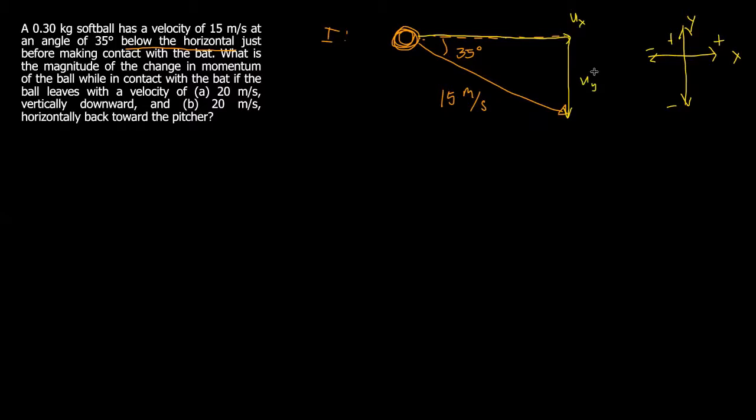How do you find these two vectors? So, u sub x is equal to, tanongin natin, is it moving to the left or to the right? It is moving to the right. Therefore, it has a positive direction. So that's positive. Ano yung, how do you find the magnitude of that vector? Remember, sa trigonometry, this is the adjacent side to the angle. Therefore, we will use 15 cosine of 35 degrees. So what is 15 cosine 35? That is 12.29